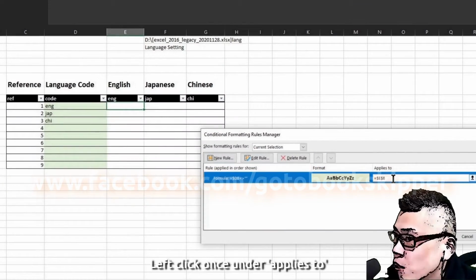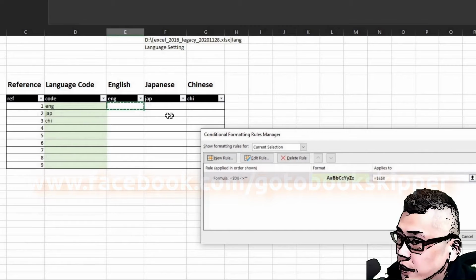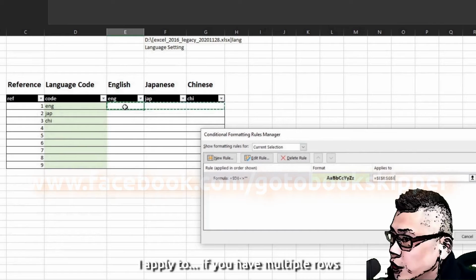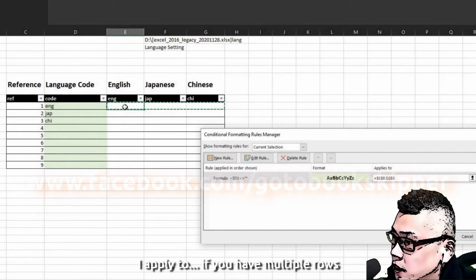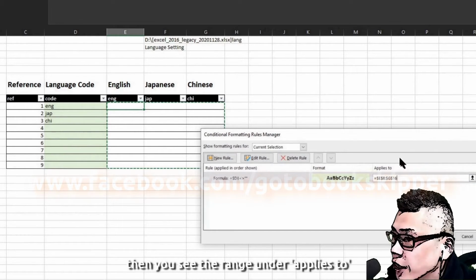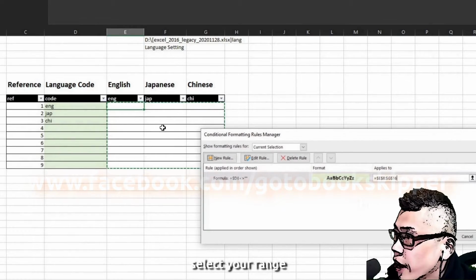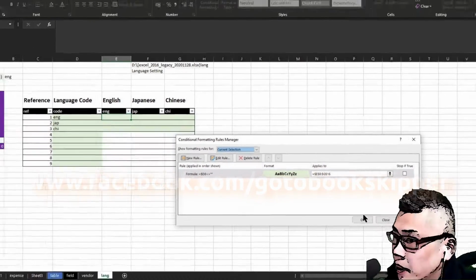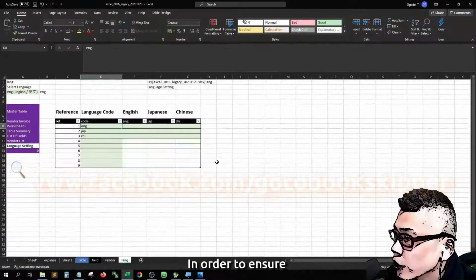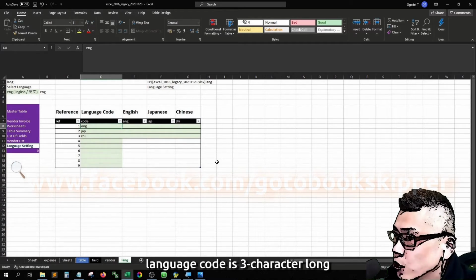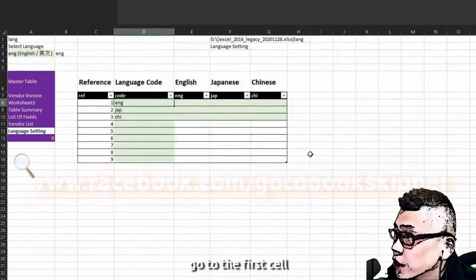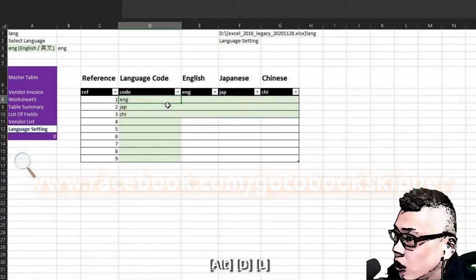Okay, left click once under applies to, and you see this cell. I'm not just applying to one cell, I apply to, if you have multiple rows, simply Ctrl and down arrow to select all. And you see the range under applies to, select your range, hit apply. Usually I'll try by typing something in a cell. Okay, in order to ensure language code is 3 characters long, I'll add validation. Go to the first cell, E8, Alt-DL,